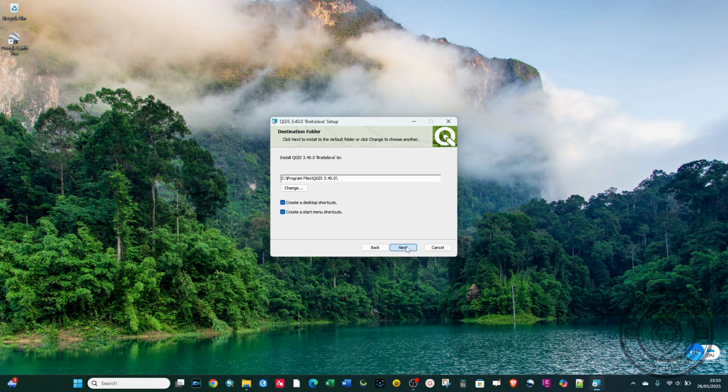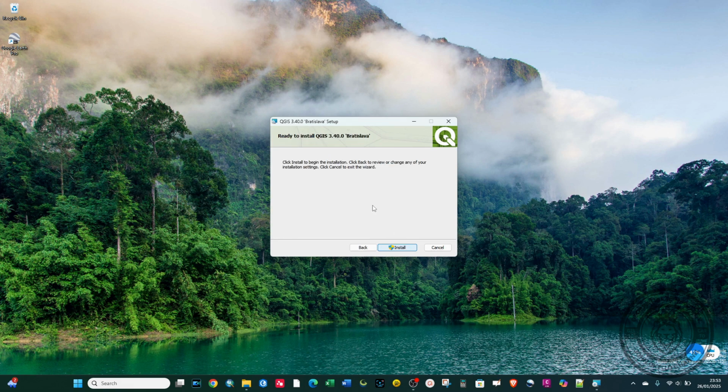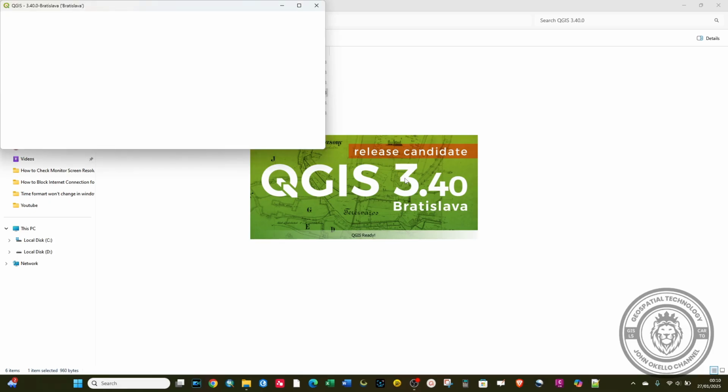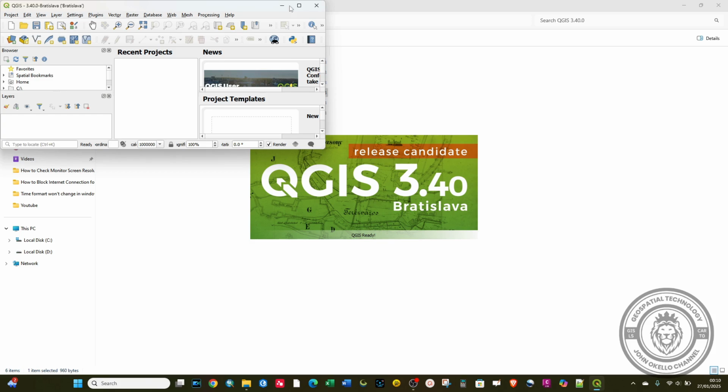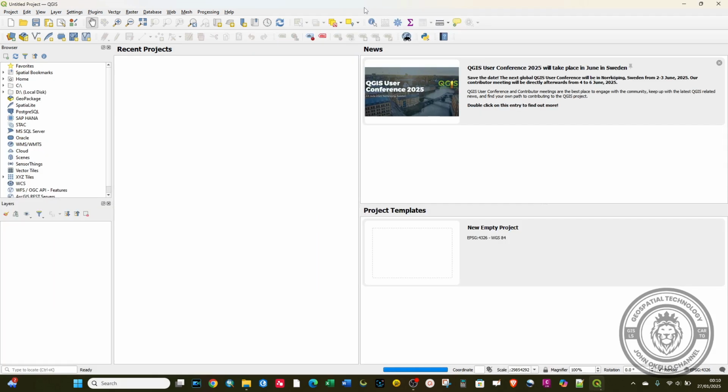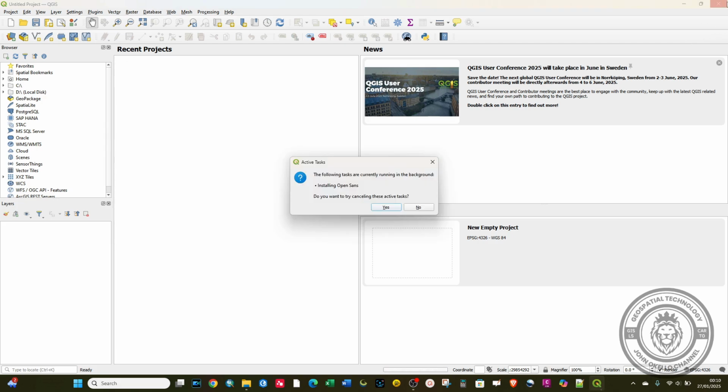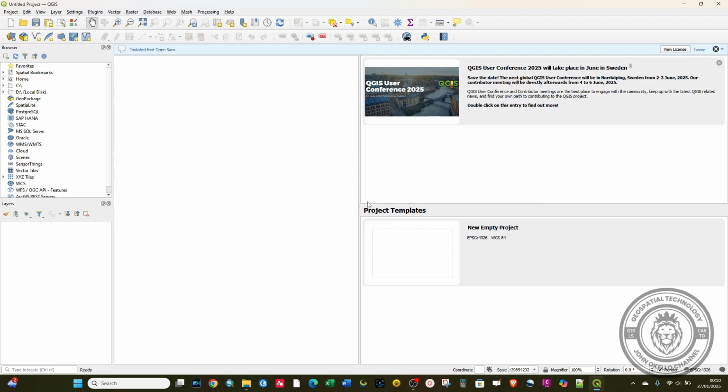So I'm going to click next, and then I'm going to click on install. Now you can see that we have the software already installed. So that's how you install QGIS,